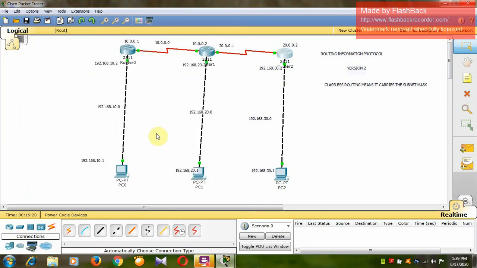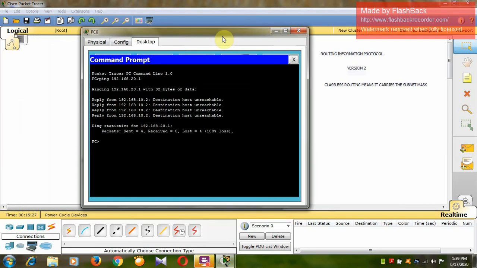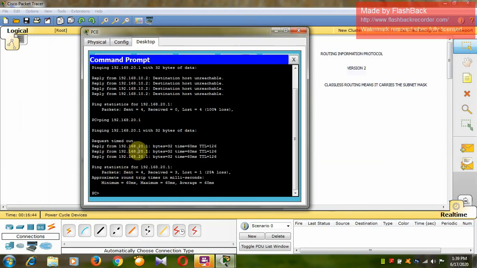Now we check by pinging these PCs. So here ping 192.168.20.1. So you can check here we are getting the reply from the 192.168.20.1 PC.